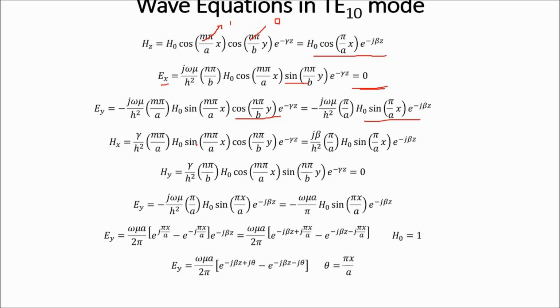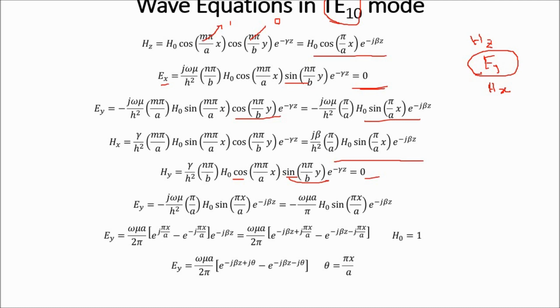A6 has sine m and cosine n, so you will get A6 value here. HY has cosine m sine n, as n equal to 0, so sine n becomes 0, so it is 0. So you see here for TE10 mode, you have AZ, you have EY, and you have ASX. So basically, the waveguide in the microwave lab operates in TE10 mode, and we have the devices like SWR